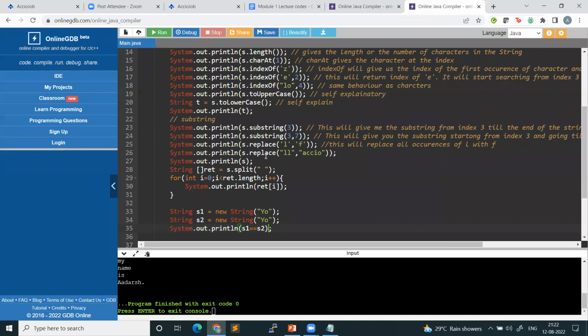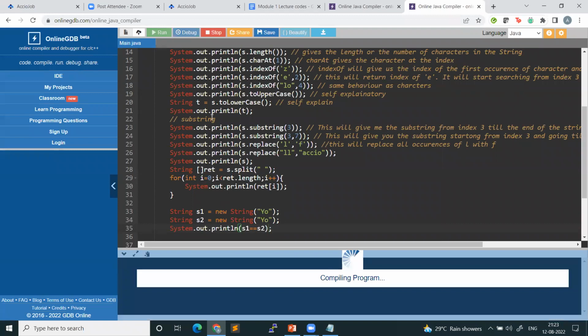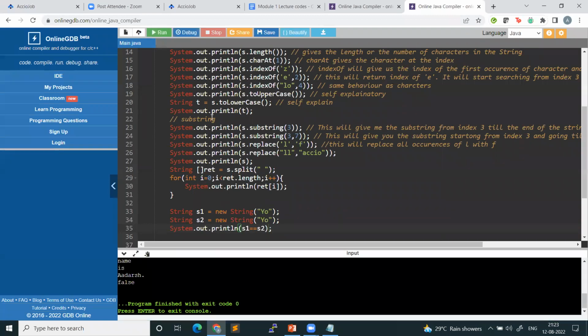See, S dot split will basically give you an array, right? Then you have to iterate over the array and print the contents. Can anybody tell me what should be the output? False, right? Because you are comparing the addresses and not the contents. Take a look, false. Okay. Now, if you want to compare the contents, you will have to use the equals